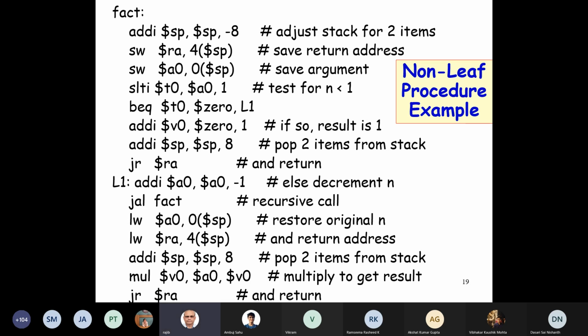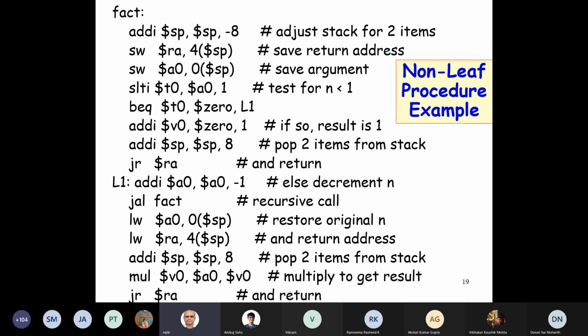And then we need to check for the base case where A0 is less than 1. And if it is less than 1, so it is 0, then we will store 1 in V0 and we'll restore the stack pointer and jump return JR.